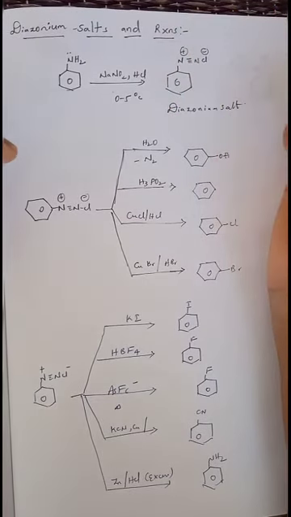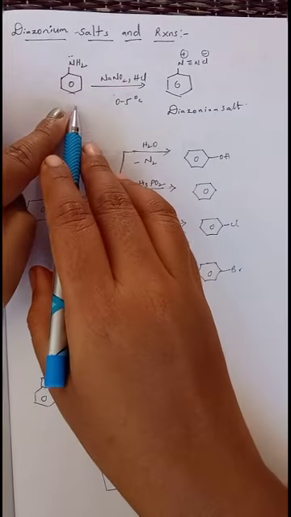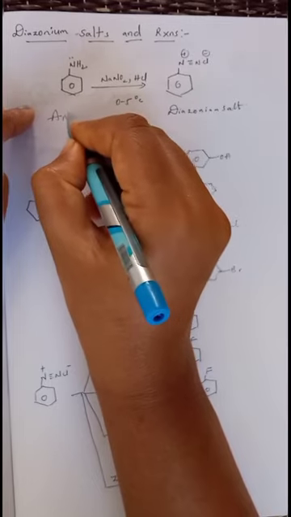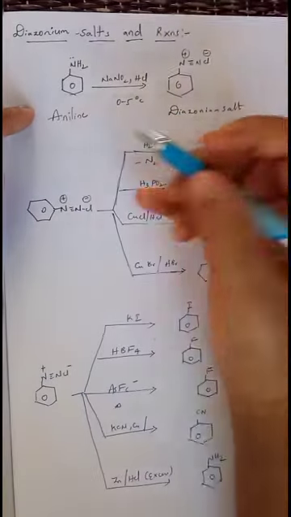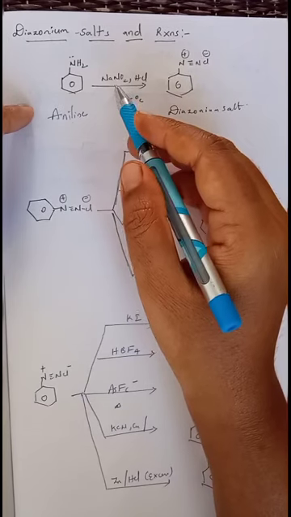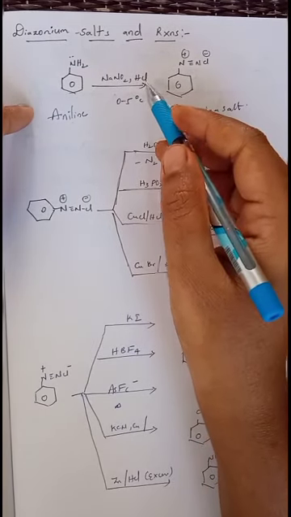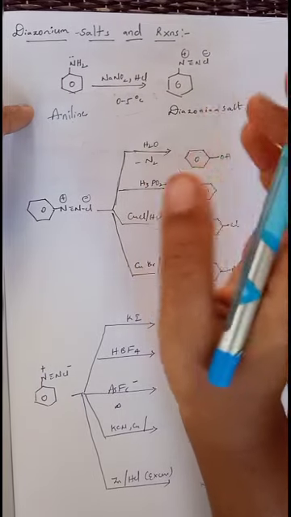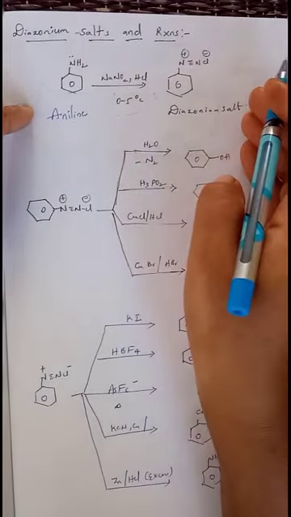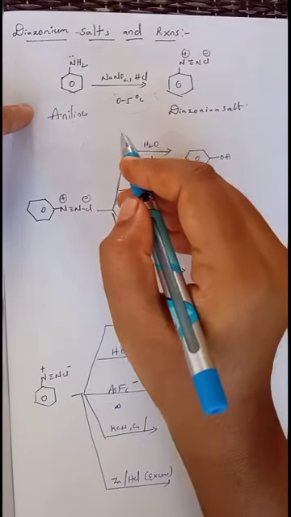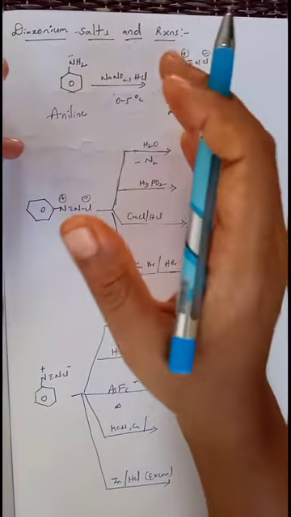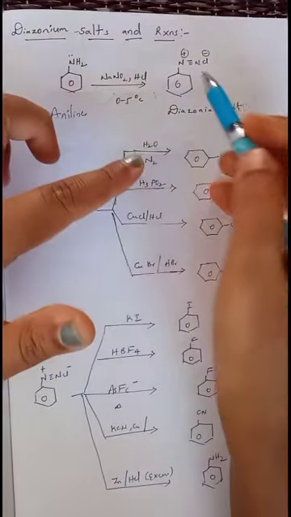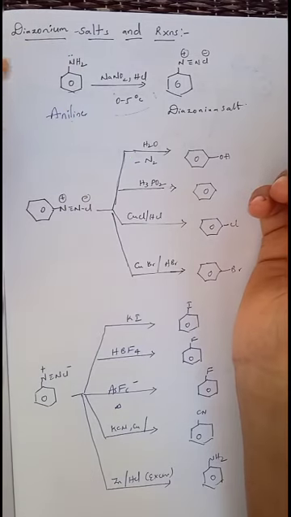To prepare this diazonium salt, first we want to take this compound. What is this compound? A very familiar compound, which is nothing but aniline. Just now we have discussed aniline. When this aniline undergoes reaction with sodium nitrite and HCl at 0 to 5 degrees Celsius temperature, this is a very low temperature. In cold conditions only are these diazonium salts stable, so we have to take a cold bath. In that cold bath, when the sodium nitrite reacts with HCl and aniline, it finally converts into the less stable diazonium salt.